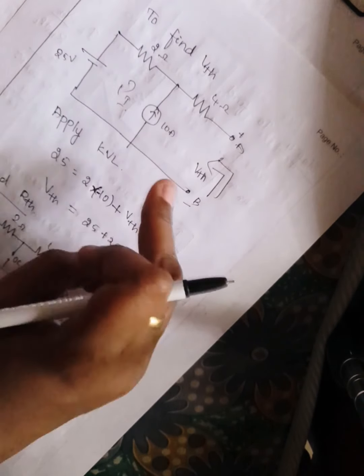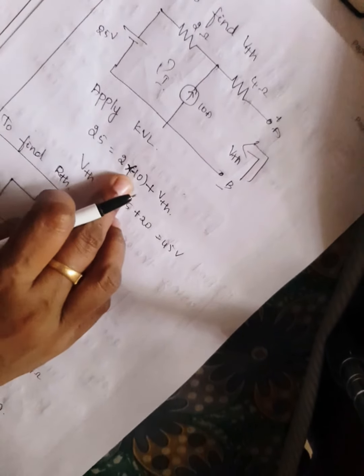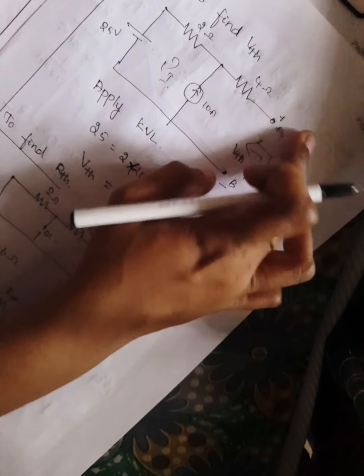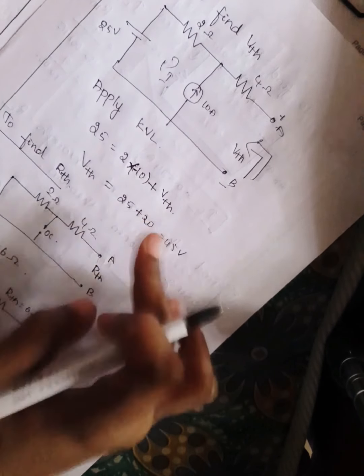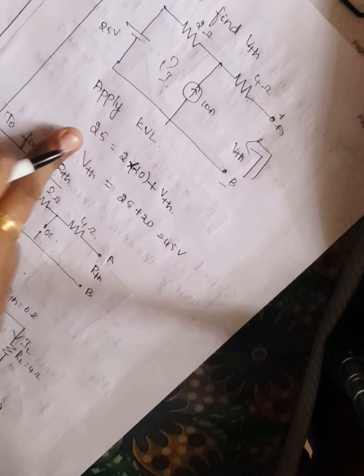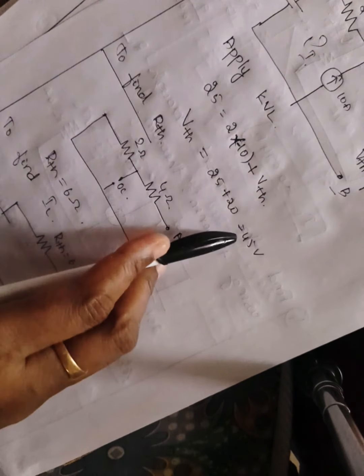Okay, so 2 into I value, it is in this direction and I current is in the upward direction. So since they are opposite, we take -10 plus VThevenin, which is also dropping. Plus minus, we always start from there. So plus minus, so VThevenin. Okay, VThevenin equal to 25. So minus 20 on this side becomes plus 20. Okay, plus 20, then 4. So VThevenin is equal to 45 volt. 25 plus 20, we got 45 volt.